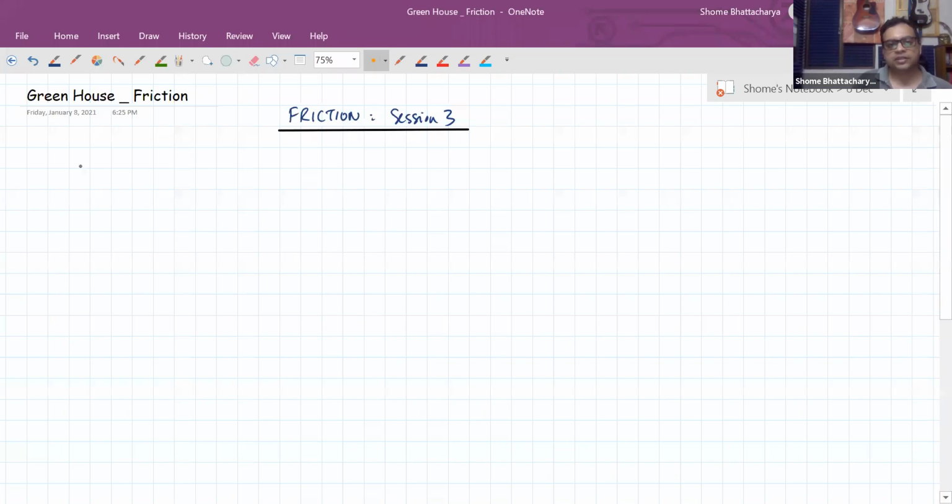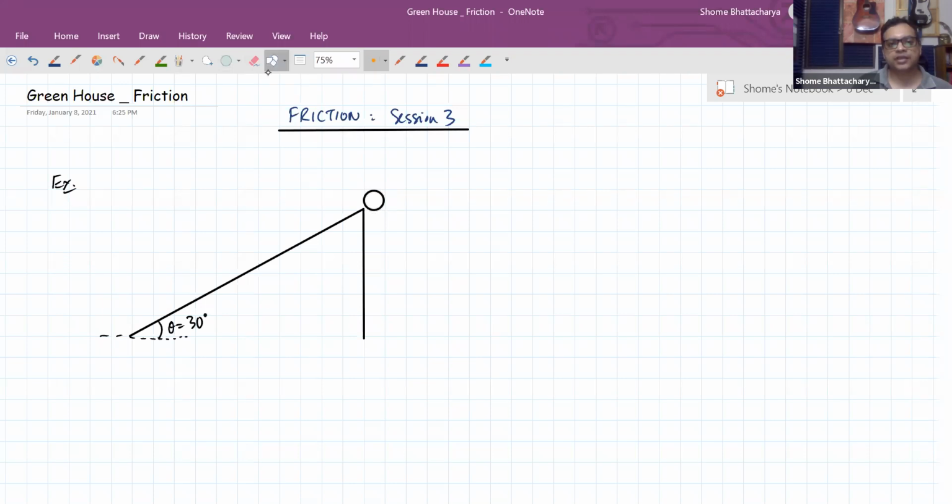So let's start with an example related to friction on an inclined plane that we discussed last time. So this time let's take a system with a pulley on an inclined plane, but the difference is now it's a rough inclined plane. In the chapter of Newton's laws of motion, any inclined plane we took was a smooth inclined plane. But now extending that to friction, so let's say this is a 30-degree incline, and